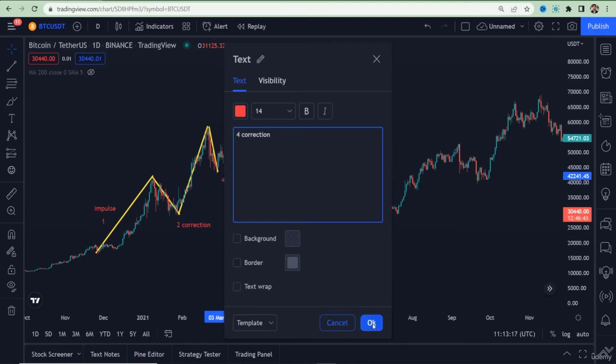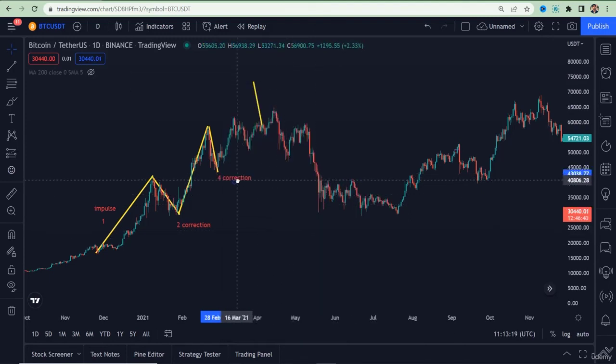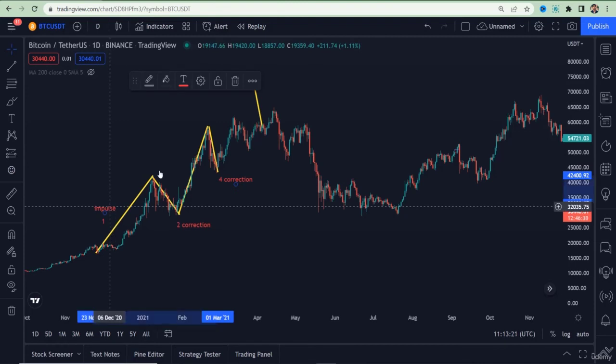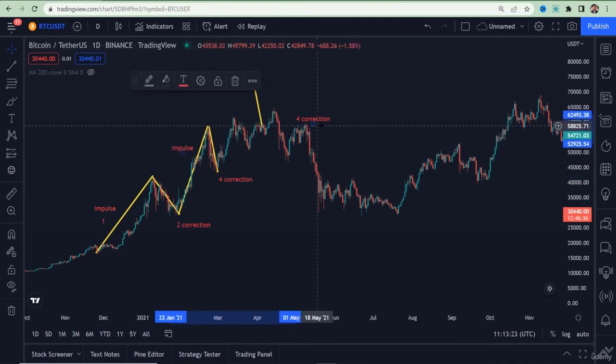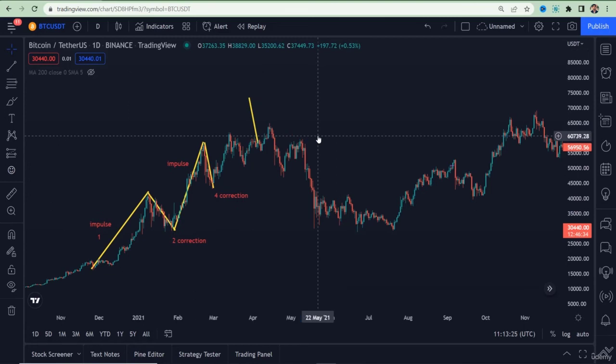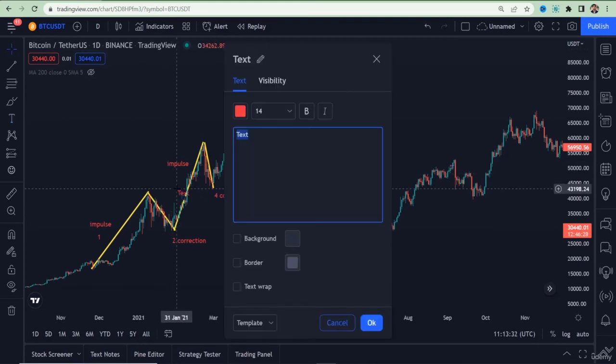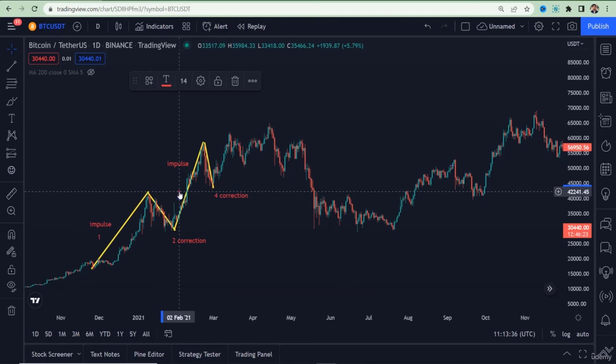So this is basically the 4 correction. And this is the 3 impulse. Let's simply write it 3 because it's an impulse move. And then we have this final wave